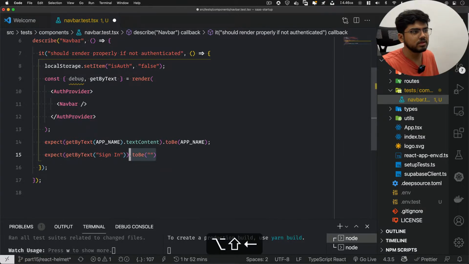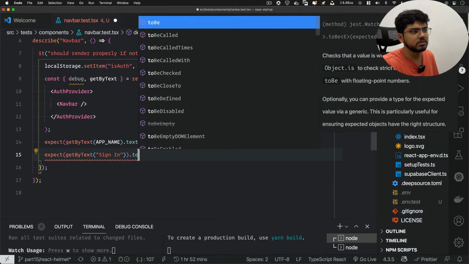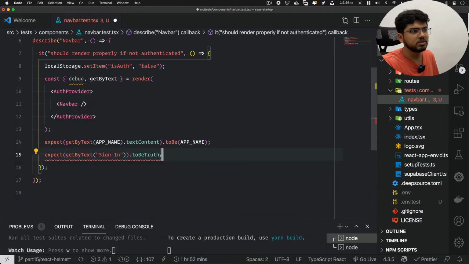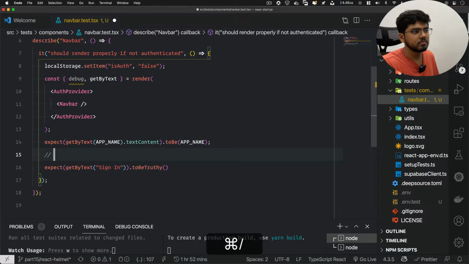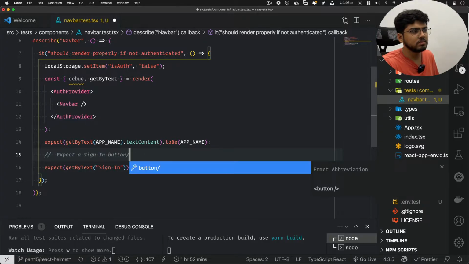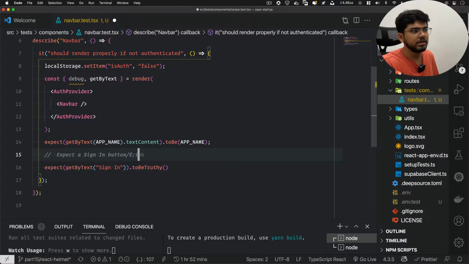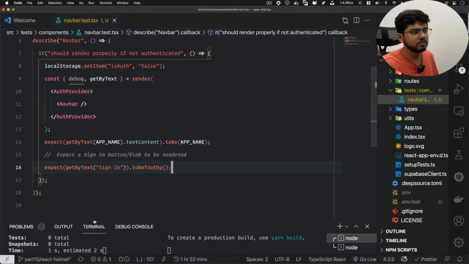So for that what I'll do, to be truthy, which means it should be there. Expect a sign in button or a link to be rendered. Let's try.